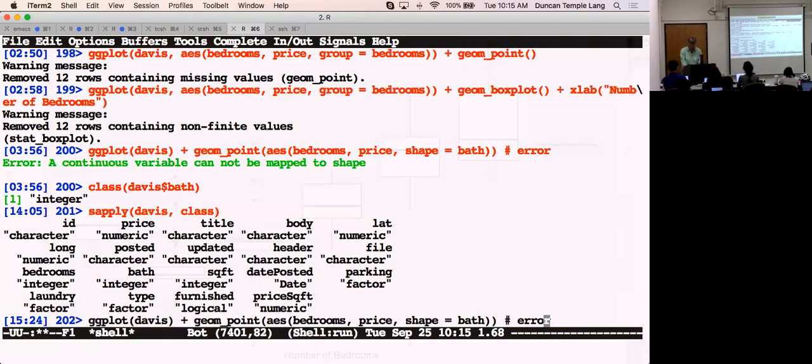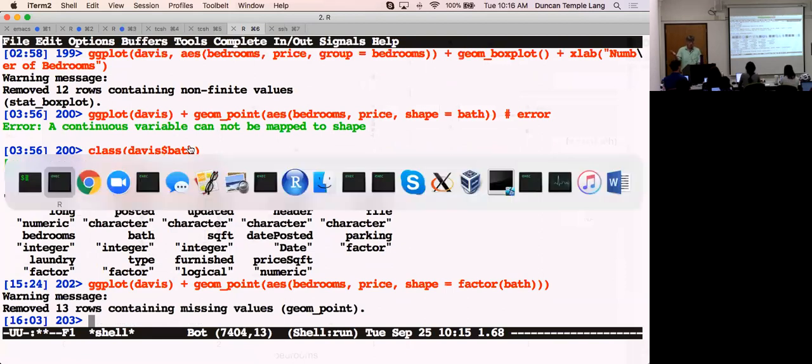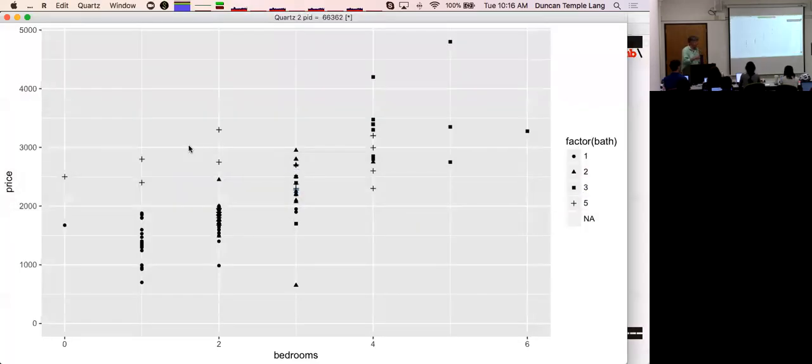We want a factor. Okay, so one of the things we can actually do, let's go back over here and say, hey, what if I try to make this into a factor? Now it says, sure, I'll go along with that. And lo and behold, we get our plot. And now what's a plus over here? So we see this is the number of bedrooms. Here are the 2 observations corresponding to our studio, or what we think is a studio. And the plus